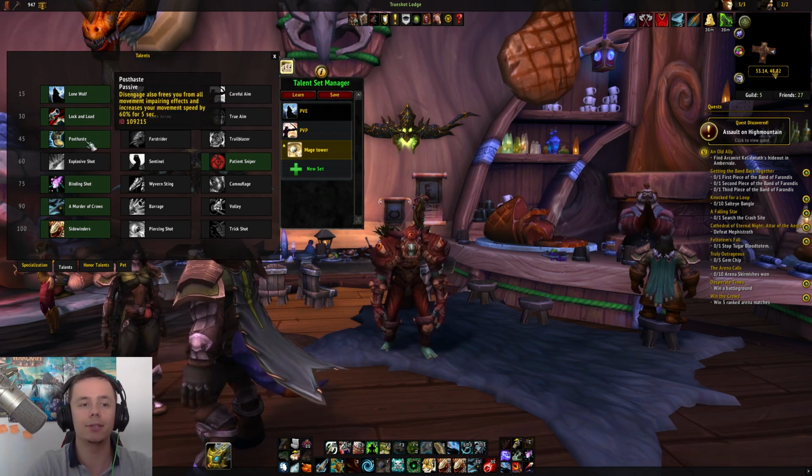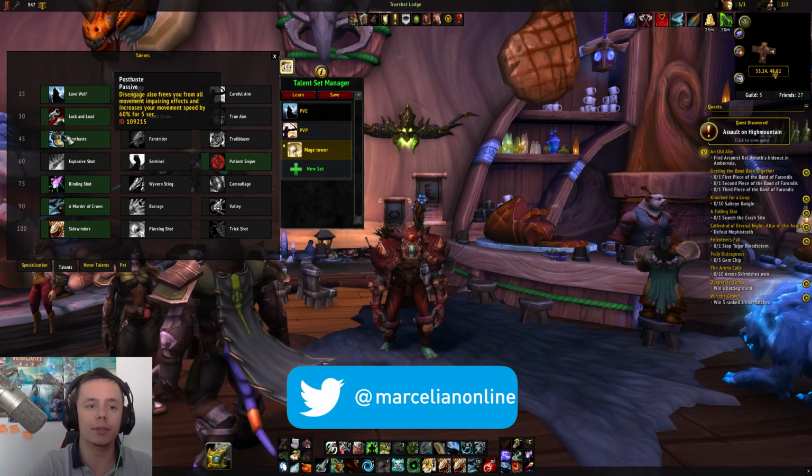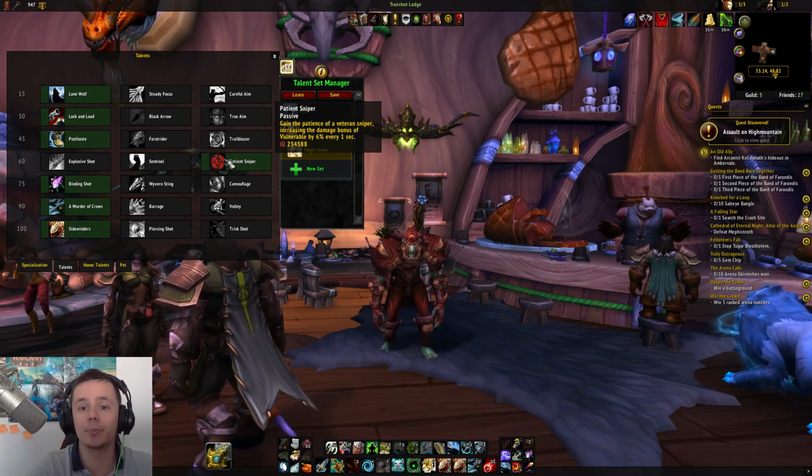You'll see what the hands are. There's nothing to talk about here. Post haste is the only thing to go for. You're gonna disengage, you need that burst of speed, it's really good. Patient Sniper again,